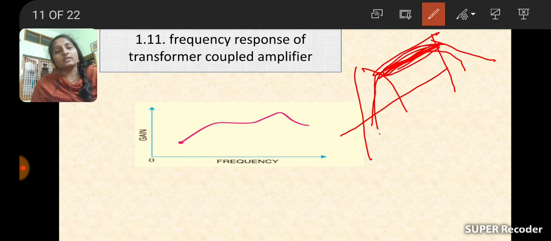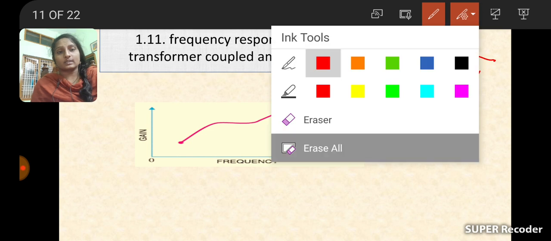But for a certain range of frequencies between F1 and F2 it is constant, means what? Here the frequency response is very good, constant. Here it is not constant, so that it is called poor frequency response. Okay,